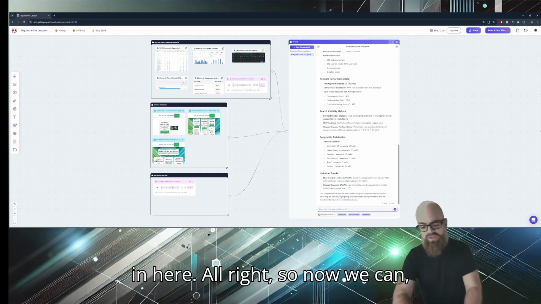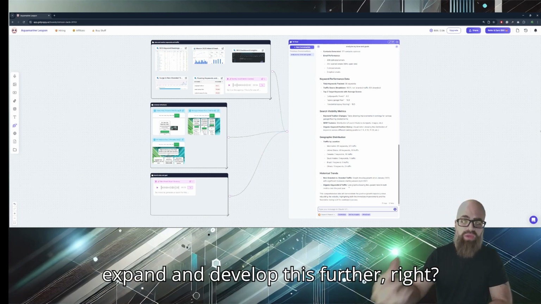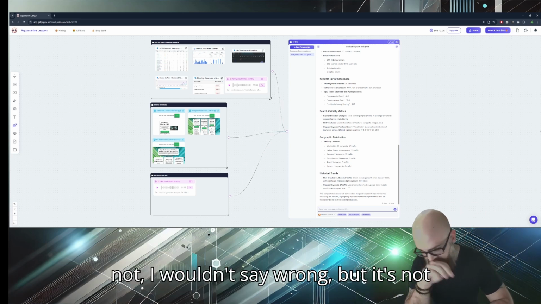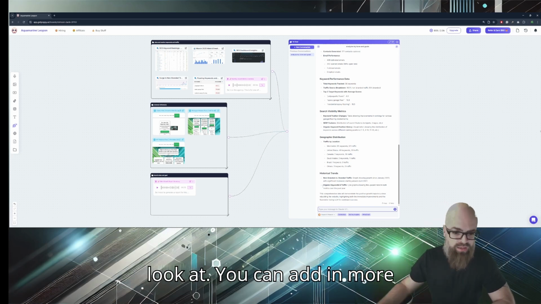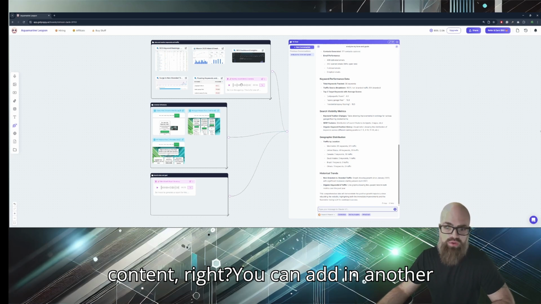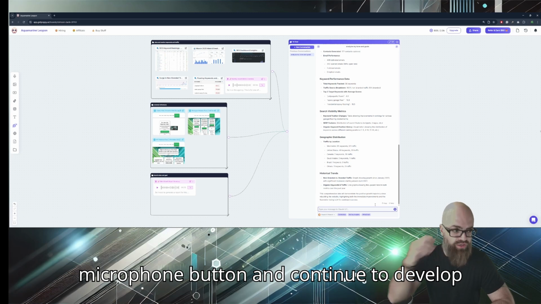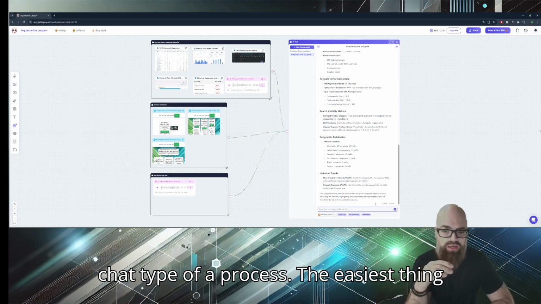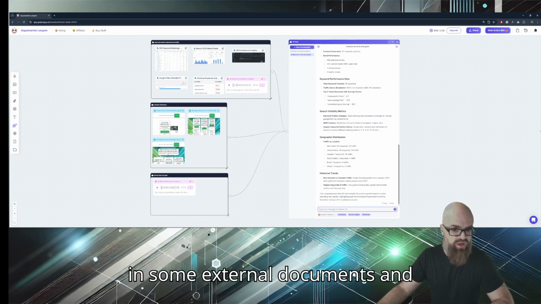All right. So now we could, if we wanted to, expand and develop this further, right? Let's say some of this is wrong, or I wouldn't say wrong, but it's not looking at it the way that you want it to look at it. You can add in more content, right? You can add in another voice note. You could hit the little microphone button and continue to develop it further just through a standard chat type of process. The easiest thing would be to record the voice note or add in some external documents and